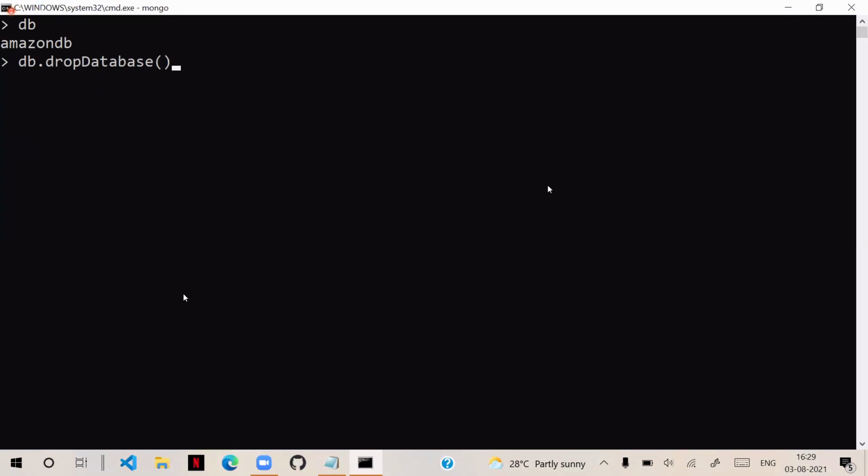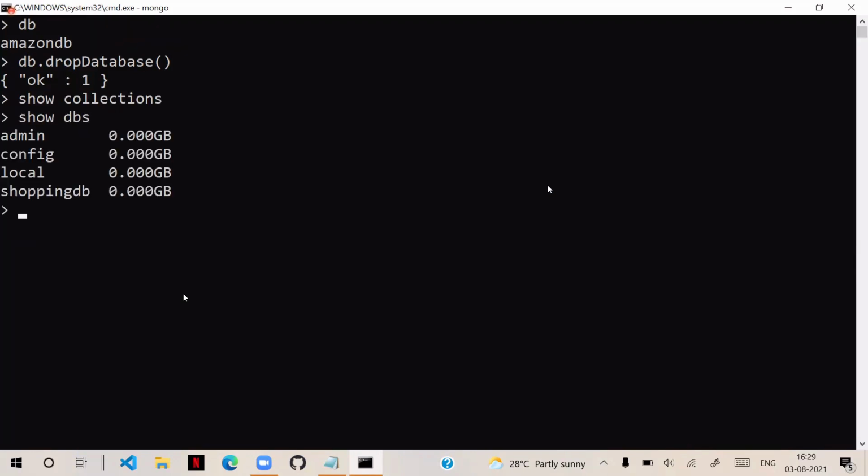That is the command, and it is going to remove the database along with all the tables. Now show dbs: there is no database called Amazon.